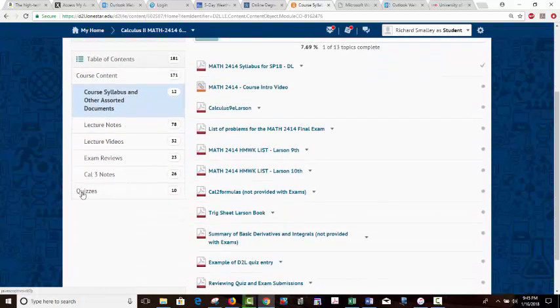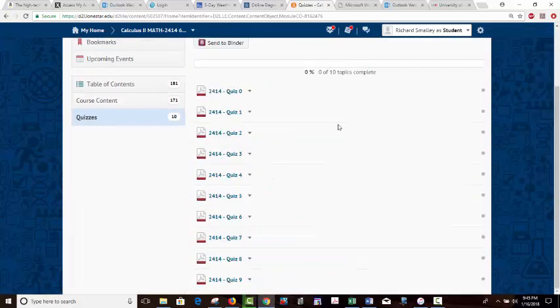And the quizzes are down here. And there they are, 0 through 9. I went back and added the 0 without having to renumber all of them. Quiz 0 is actually a very important one because it's derivative and antiderivative problems, to help get you up to speed to be ready for the Cal 2 content, making sure you can do basic integration and differentiation. But anyway, long story short, you click on the quiz,